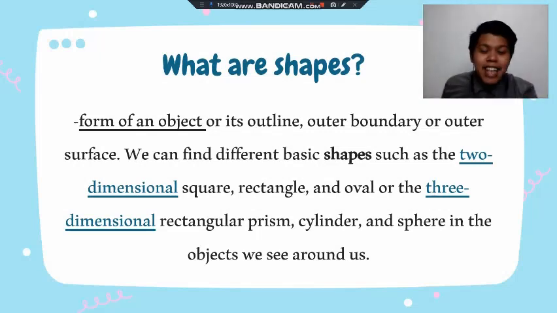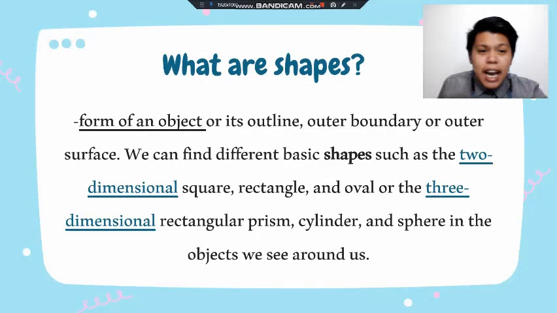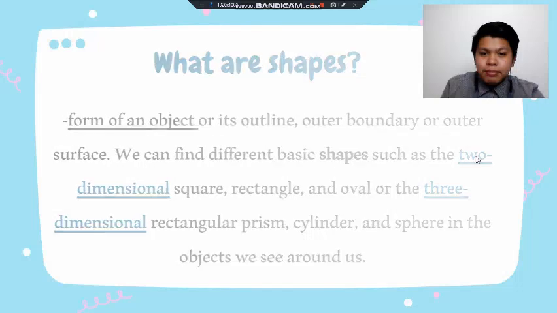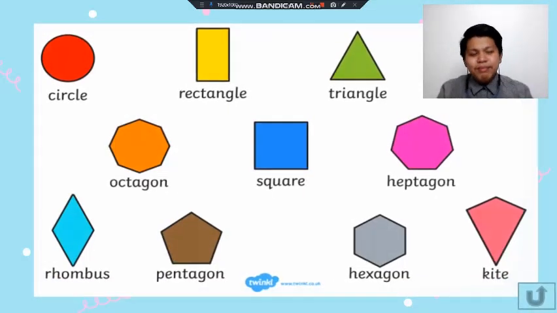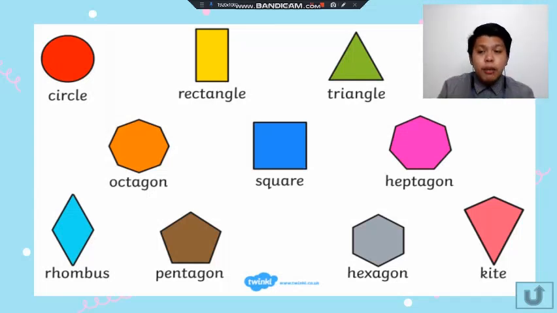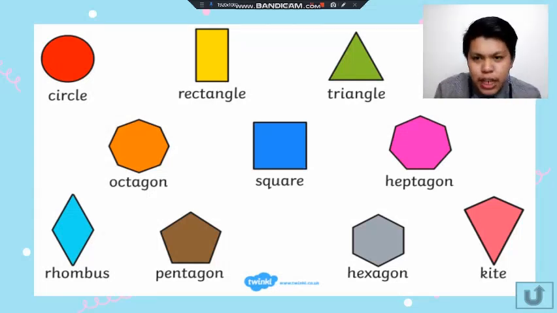We have rectangle. Now, we have different shapes such as two-dimensional, which we have the square, rectangle, and oval. So here are some of the examples. There are a lot of shapes. So here are some of the two-dimensional. Now let's check